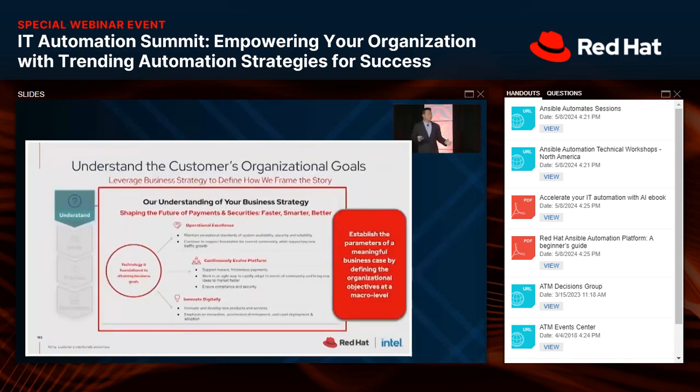The first step in creating this business case, as part of this framework, is to understand the business strategy of the company at a high level, right? So it's not the technology, but what their primary objectives are, what the corporate direction or strategy is. For this particular customer, it included operational excellence: cost optimization, OpEx reduction, risk reduction. All of that was part of their primary objectives for the company. Platform evolution.